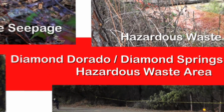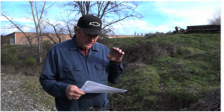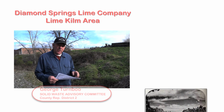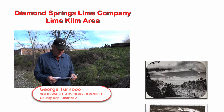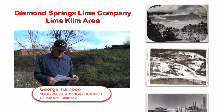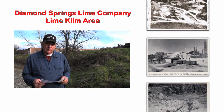Okay, in my hand I'm showing a picture here that shows an overhead picture of the Diamond Lime plant that was here. It was a processing plant back in the day. It started in 1927, in fact. Back when they closed this particular lime plant up,